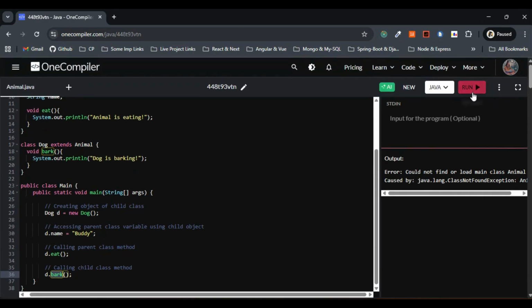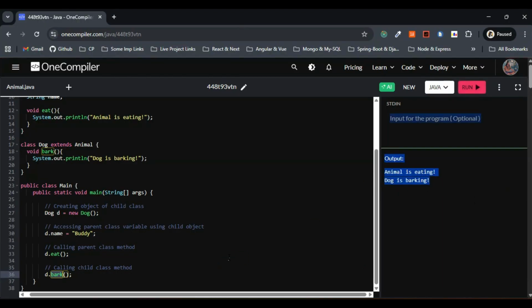So let's try to run the code here. We are getting the correct output: animal is eating, dog is barking. So what is happening here? Let me explain this one step by step. First, we